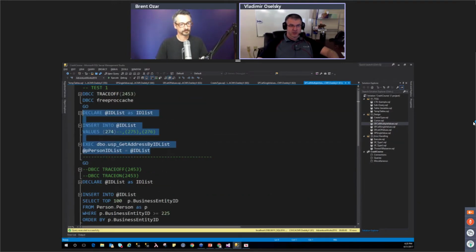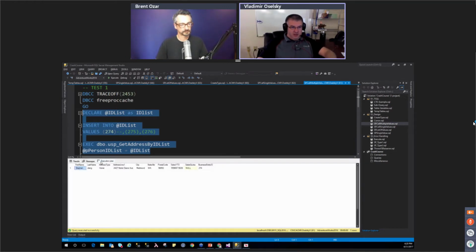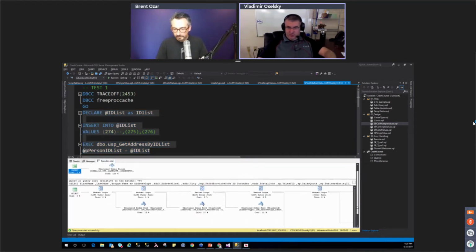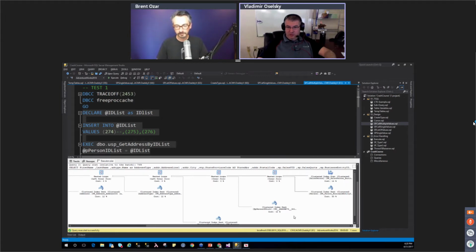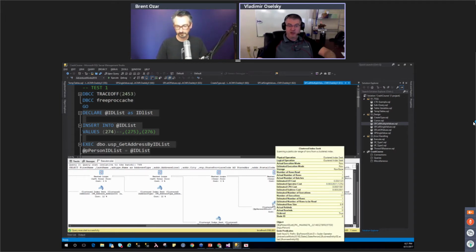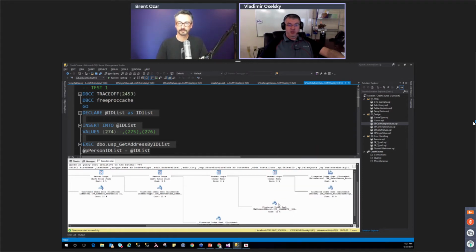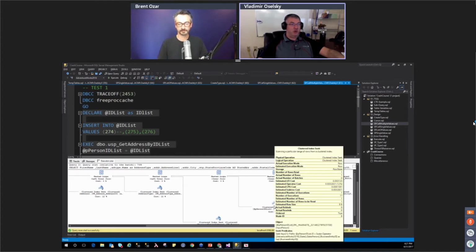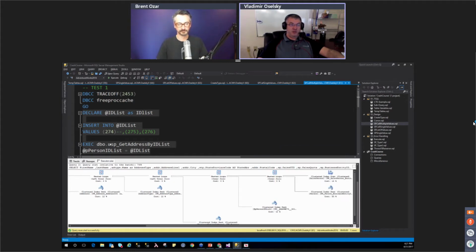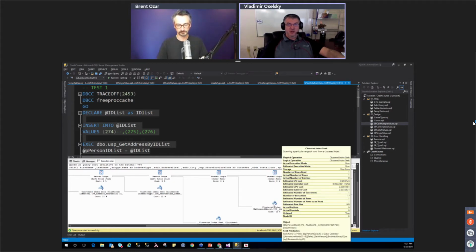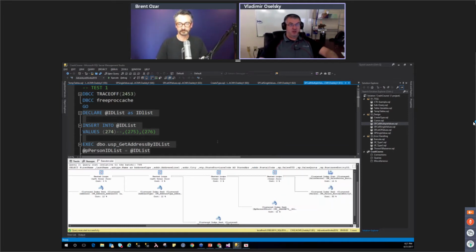Now we execute this again. And this doesn't work all the time, but what actually happens with SQL Server when it's using table variables, it will store the number of rows during the first execution. So if your first execution was with a single row, you will get 1 row estimated for every subsequent execution.